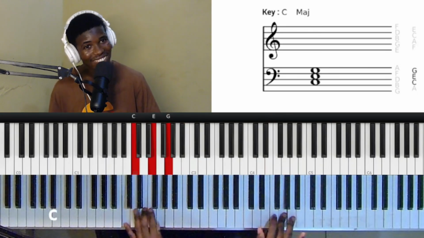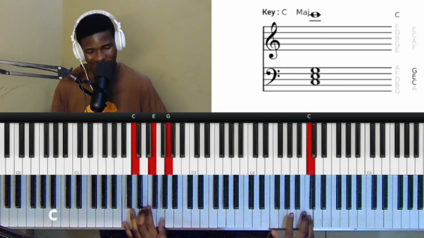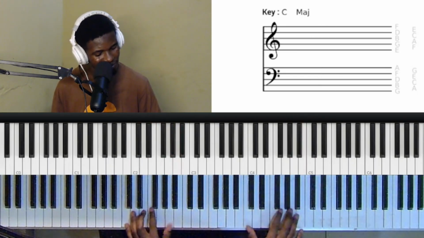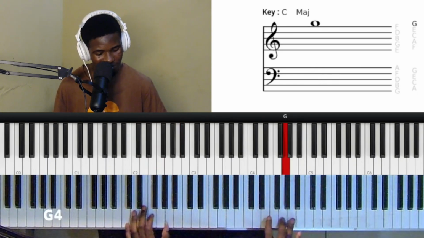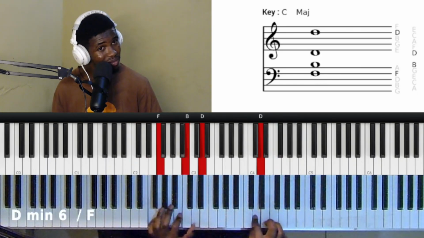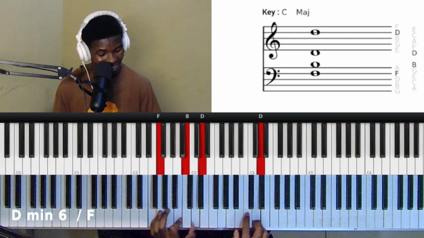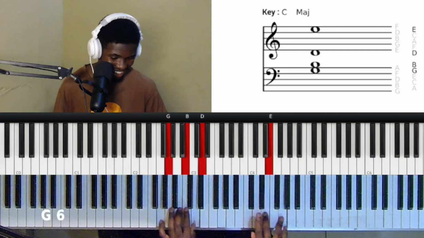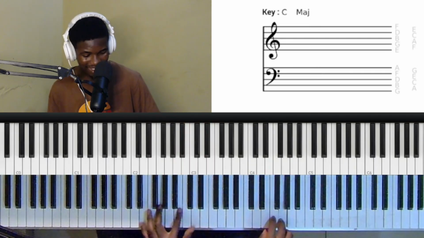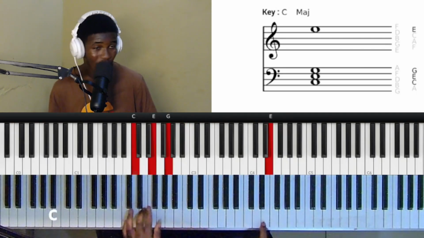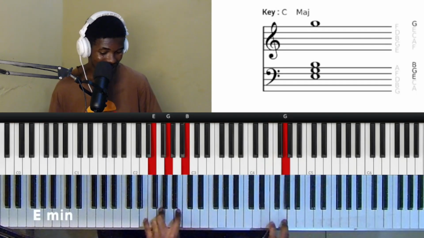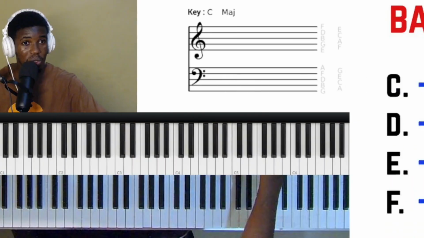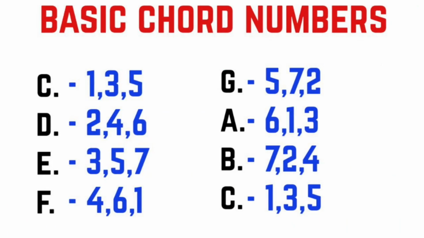Yeah, let's try to do B diminished. See that? Instead of playing the 1 here, I played the 3 before going to the 5, because on the 3, I could also use the E minor,